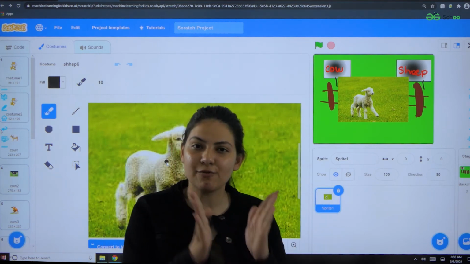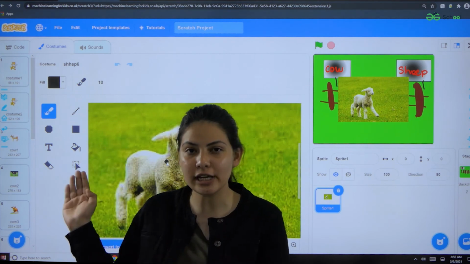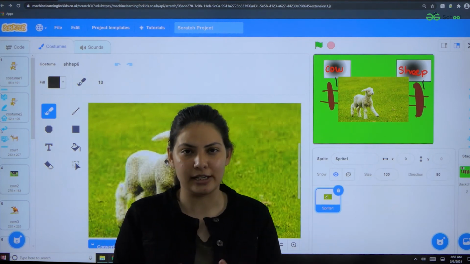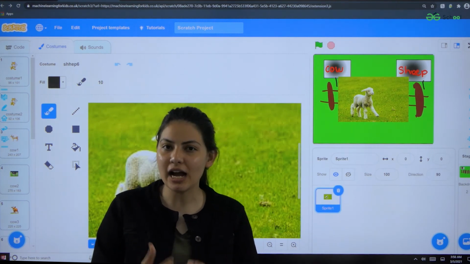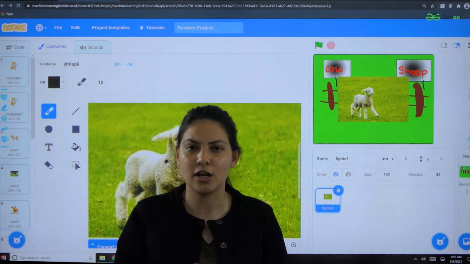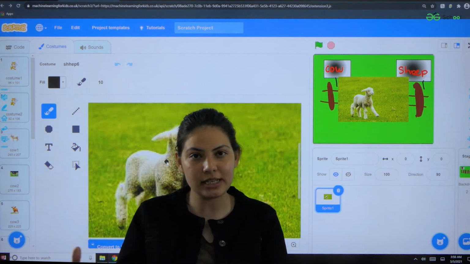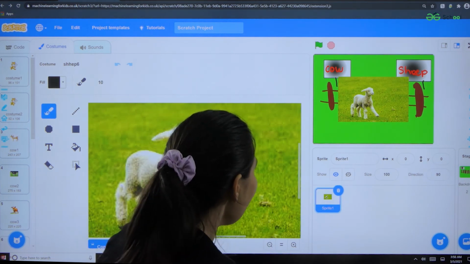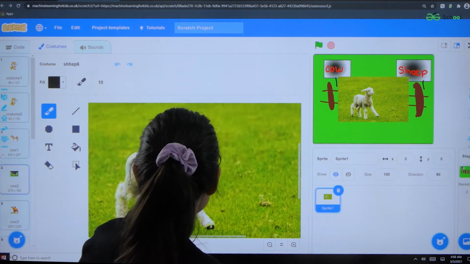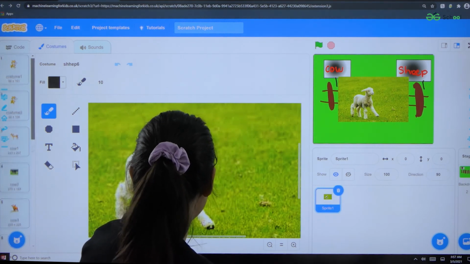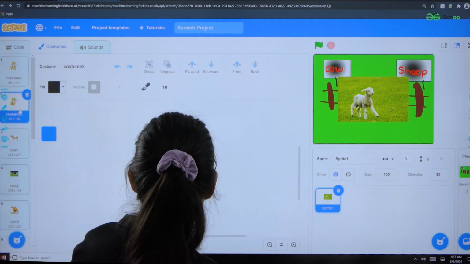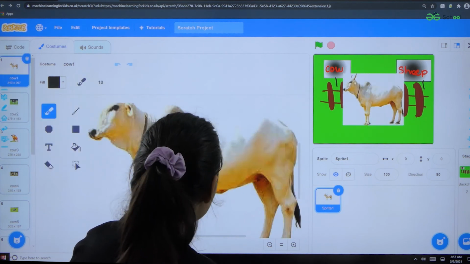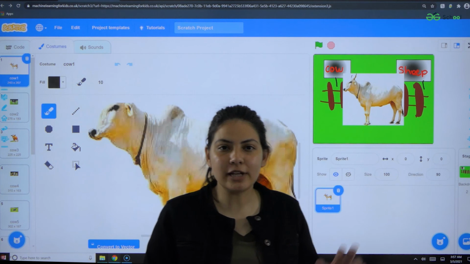Always remember to use different images: the images we took in the training section and the images we are taking in the test section should be different. What we want is for our computer to actually recognize the images. We don't want our computer to learn from these images and copy them again. So, I have created a backdrop and chosen the costume section as my sprites of images. Since I don't want this costume, I can delete it and put it in the trash. Okay, so we are done with this part.